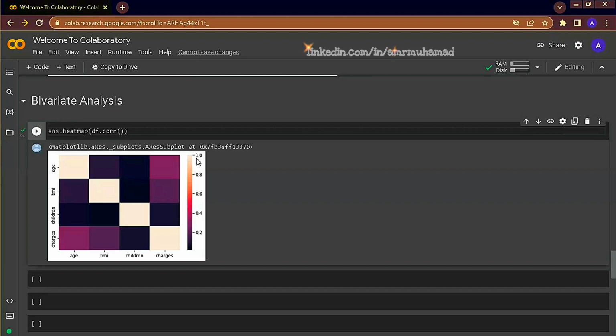So 1 means perfect positive correlation and negative 1 means negative correlation. As the color tends to be lighter, this means that the correlation strength tends to be more significant. So for example, we know from earlier that age was the most significant or the most highly correlated feature with charge. It has a lighter color than BMI and children.